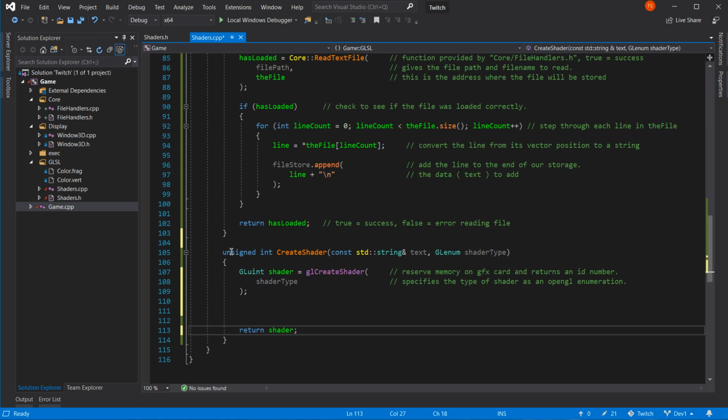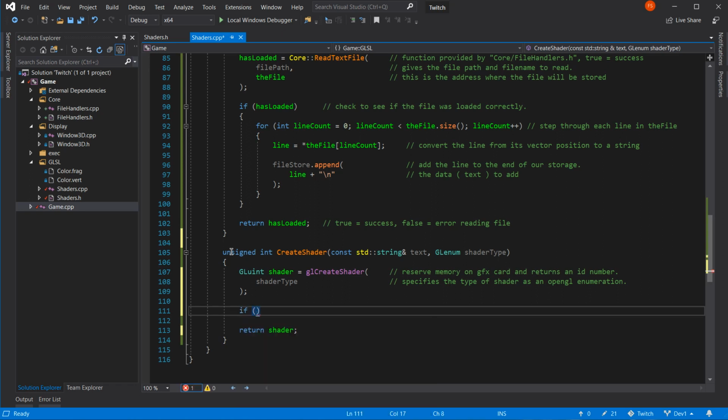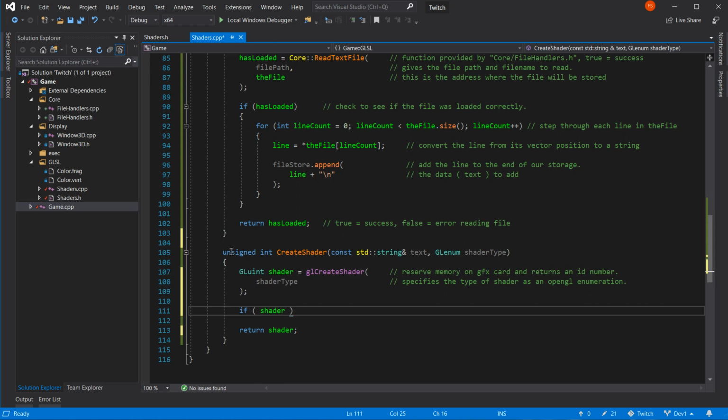Wait a minute, we can do it that way. I've just had an idea, which might make sense. With the shader, you've got to check these things, otherwise we're just going to blue screen of death. This is a problem with OpenGL. You have to check that OpenGL is okay with everything. Otherwise, you can make one mistake with somebody's graphics card, and it's blue screen of death, isn't it?